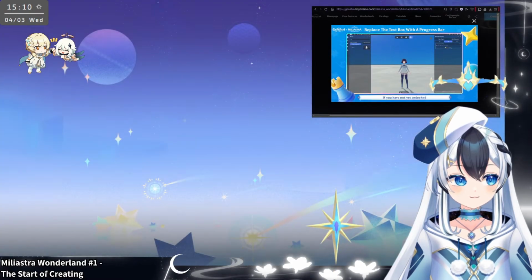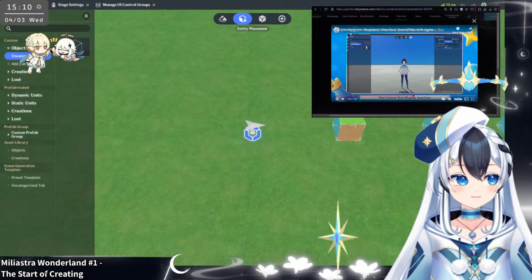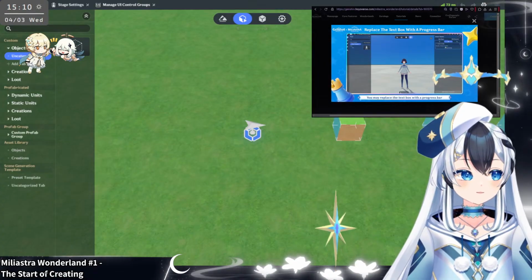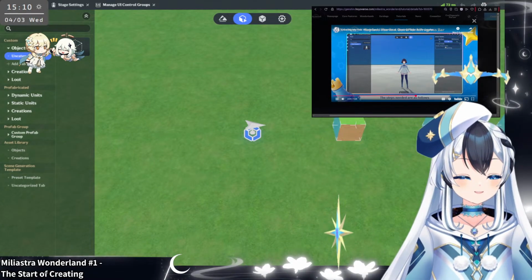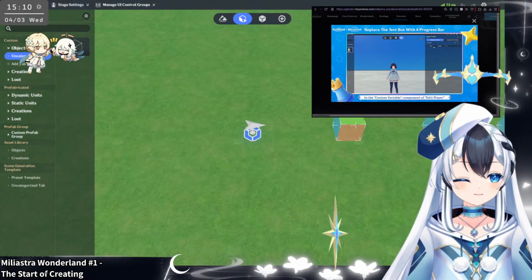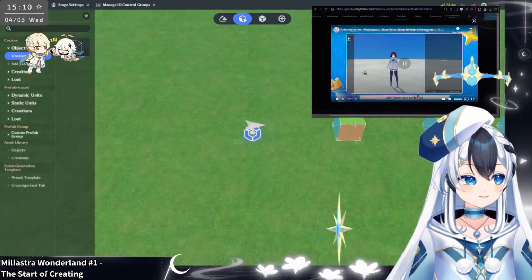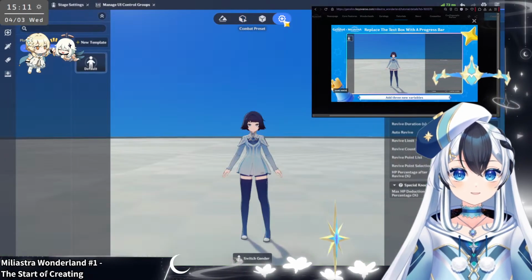If you have not yet unlocked the custom text display function, you may replace the text box with a progress bar. Okay, that's what it is. Steps needed are as follows. Hey, tell me that earlier. Component of edit player. Wait. In the what? In the